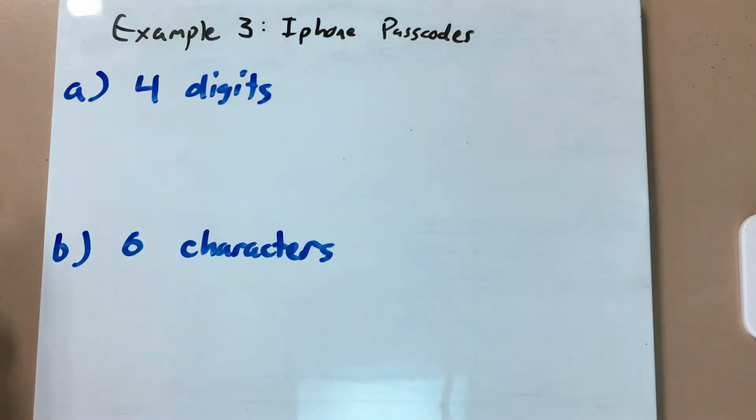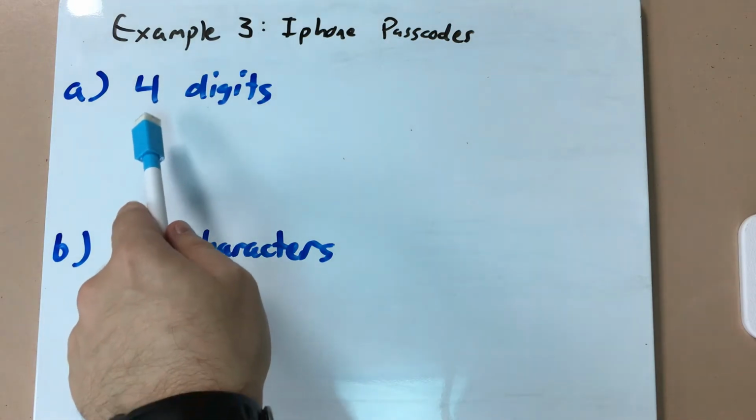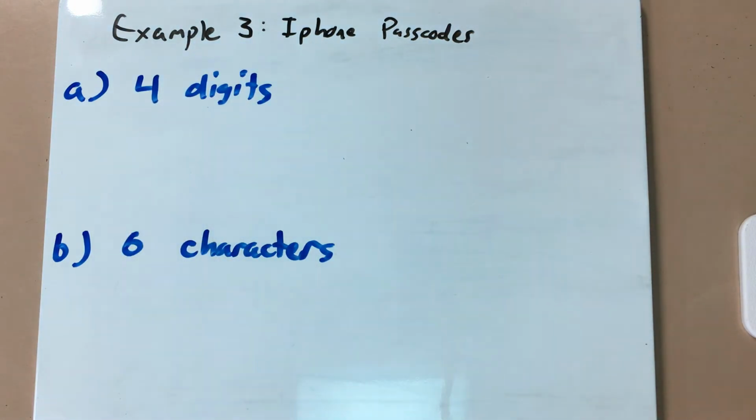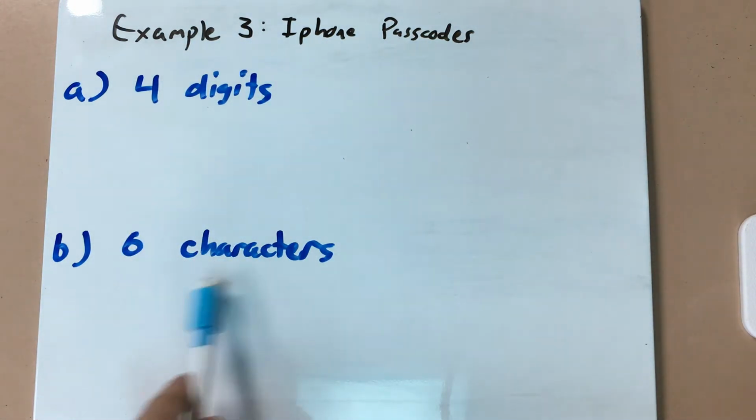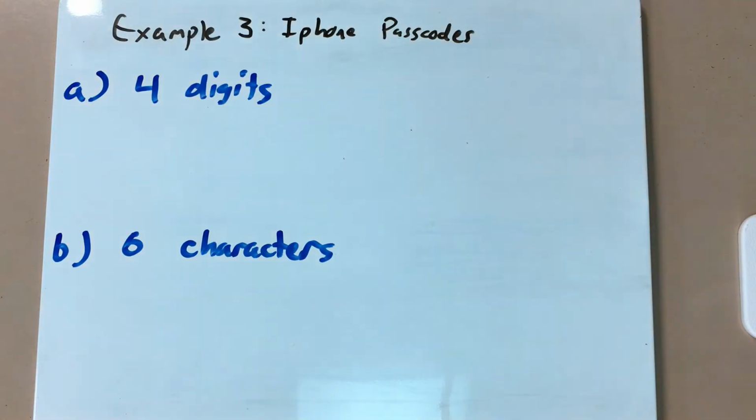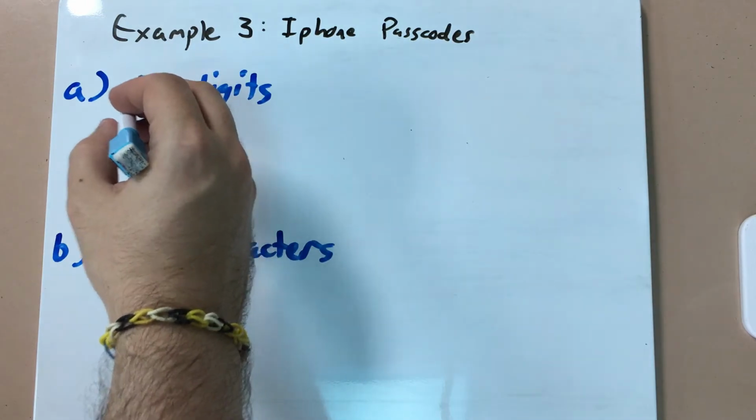Okay, so here is the third fundamental counting principle example. Picking a passcode for your iPhone. We're going to look at which option is more secure. Having the passcode where you put in 4 digits, like your PIN number or something like that, or having a passcode that is made up of 6 characters that can be either letters or numbers. Now, if you see a problem like this, or if you deal with anything working with digits or characters, like